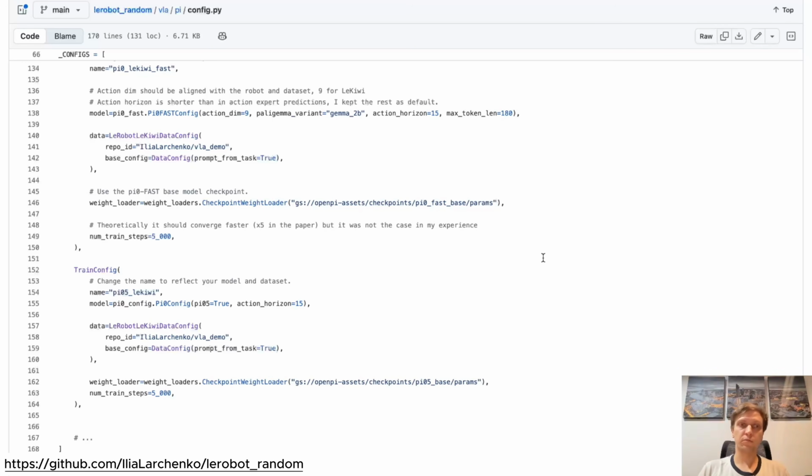If you already tried to fine-tune Pi0, fine-tuning Pi0.5 is extremely easy. And honestly, I don't see any reason to train Pi0 nowadays, because Pi0.5 seems to work best and much better in all the cases. So whenever you want to train one of these Pi family models, just stick to Pi0.5